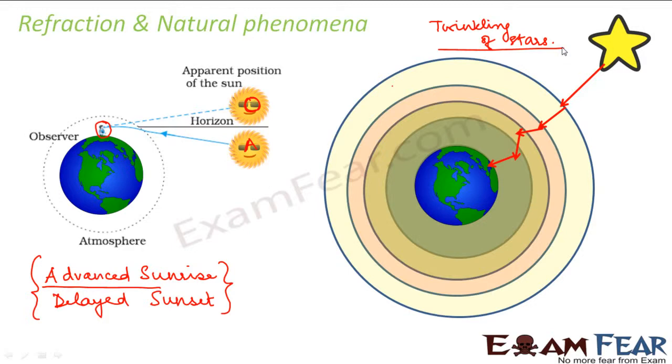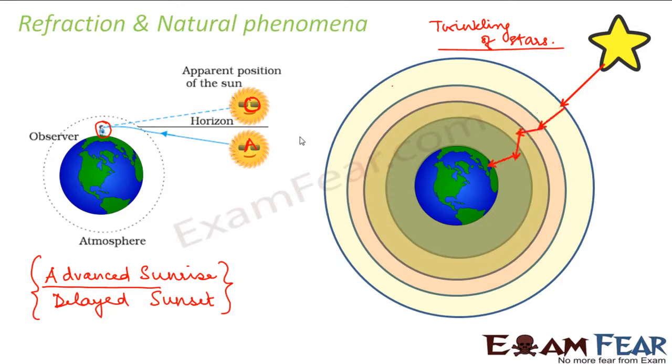Actually, nothing like that happens. Any star, even the sun which we see every day is a star, right? So other stars are also the same as the sun. They have a light of their own, so they always have that light. But why we see them as twinkling is that by the time the light reaches our eye, it passes through the various layers of the atmosphere, which you can see here.